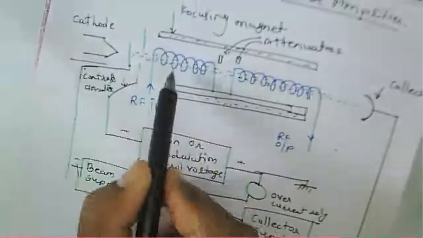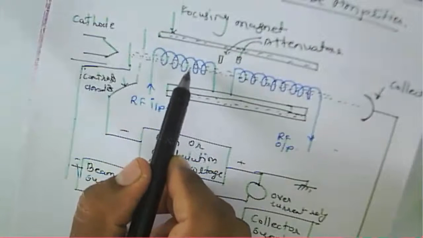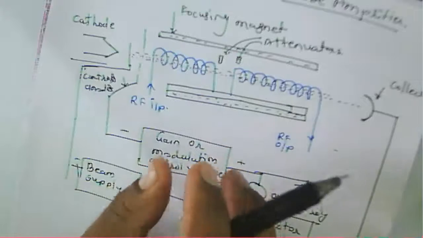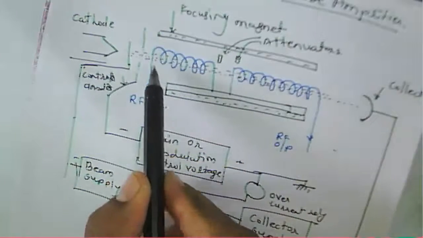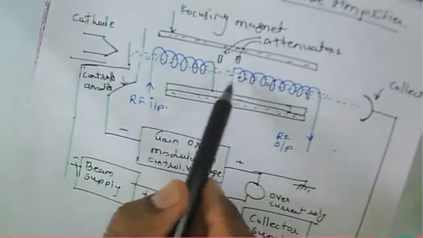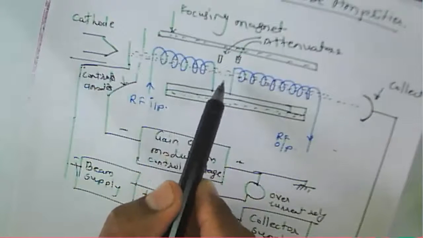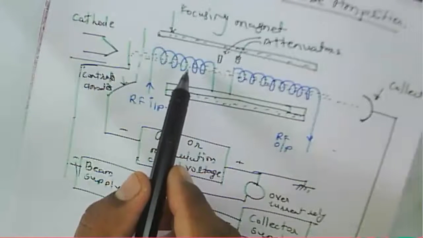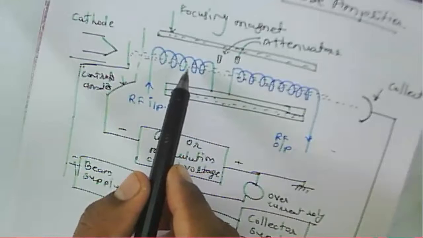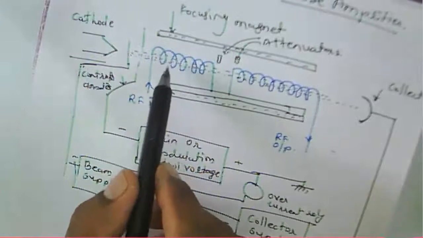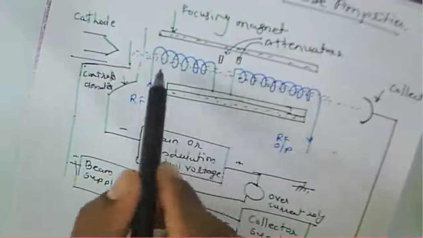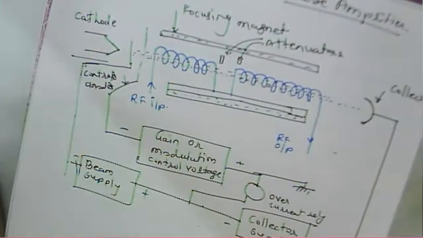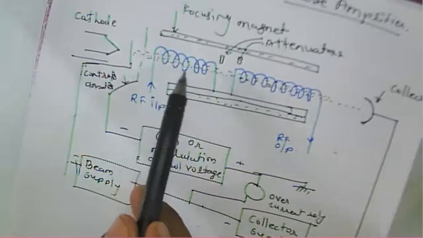Now, if you consider a klystron, it has two cavities, or a reflex klystron has only a single cavity. So the interaction region of the RF field in a klystron is small, but here it is large. The interaction of the electron beam and the RF field is large because it is continuous over a particular helix length. The main thing is the wave, because RF is propagating throughout this helix.